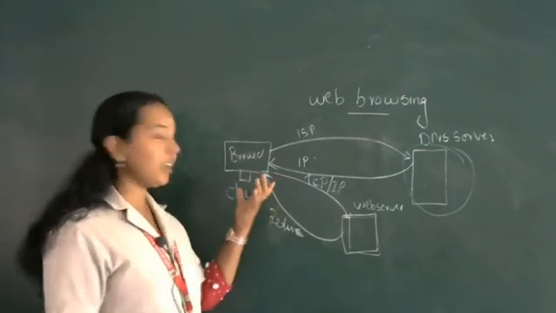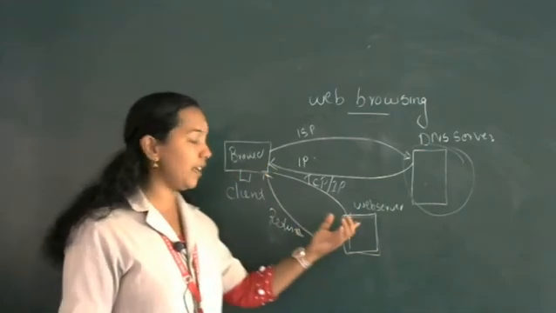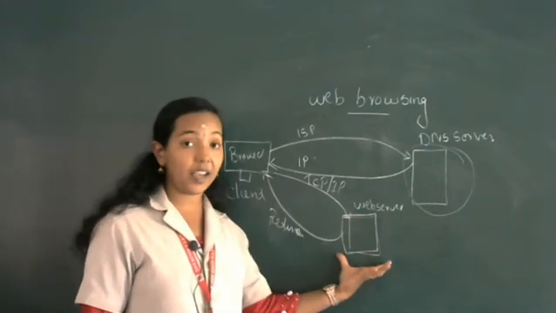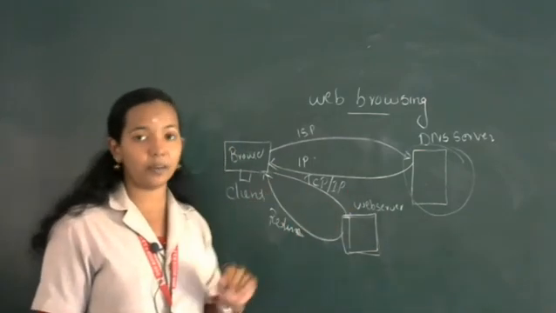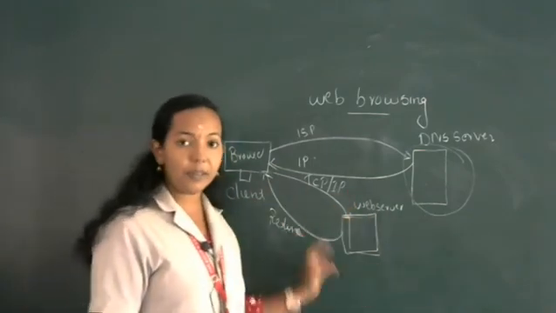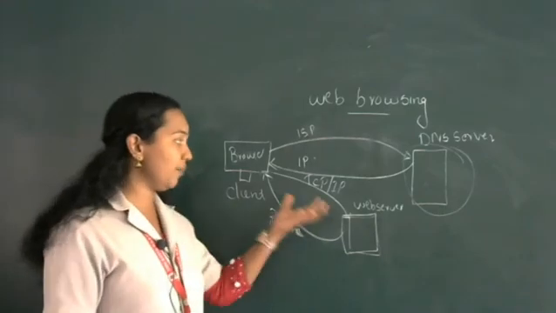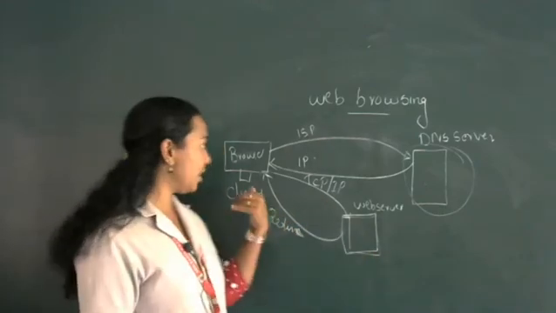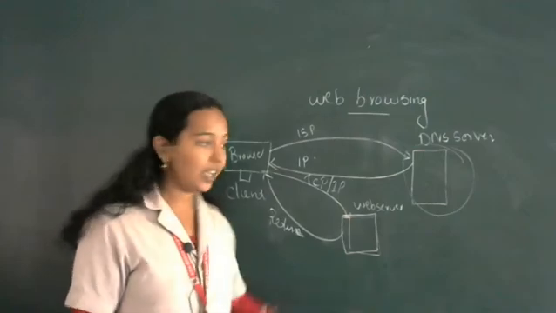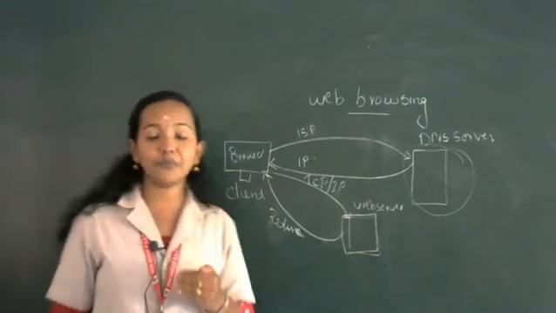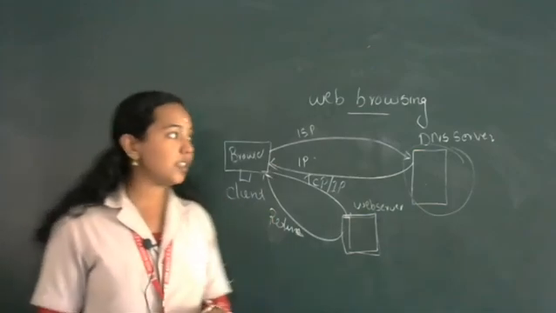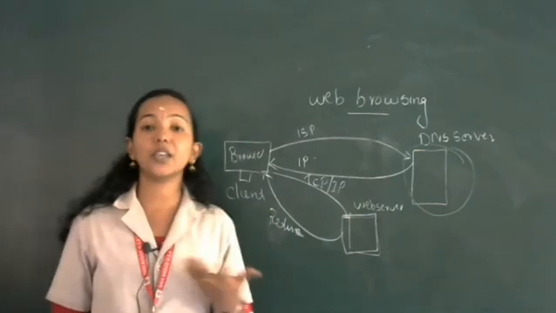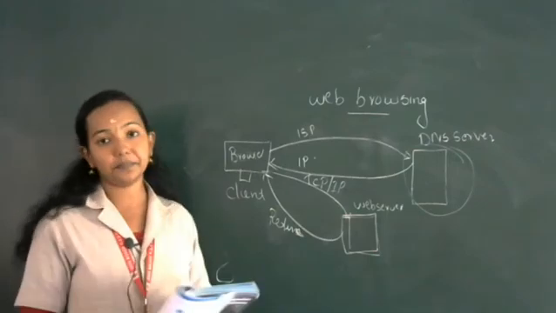Then after getting the IP address, the browser will establish a connection. The web server is known as the central server computer. The entire web page will be present in this web server. Then if a proper connection is established between the browser and the web server, it will return the file, and after that we get the web page that we searched. This happens when we are executing web browsing.